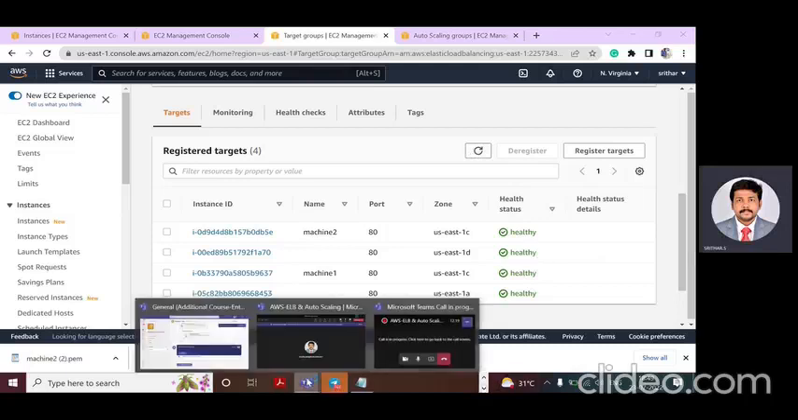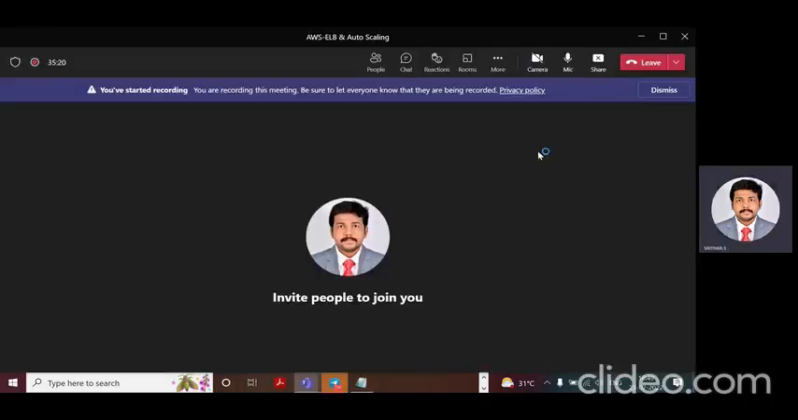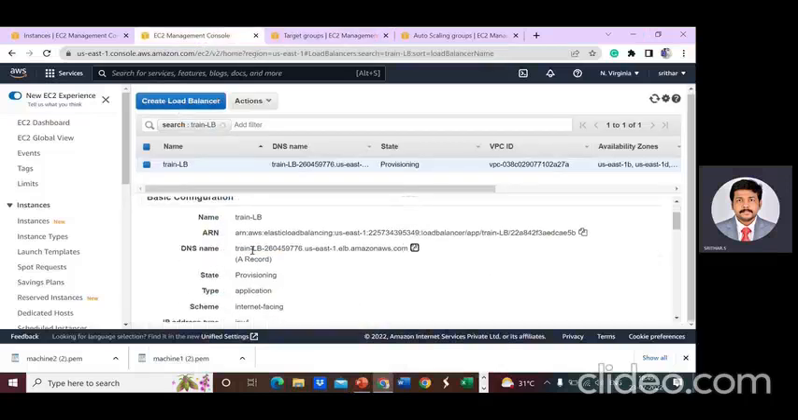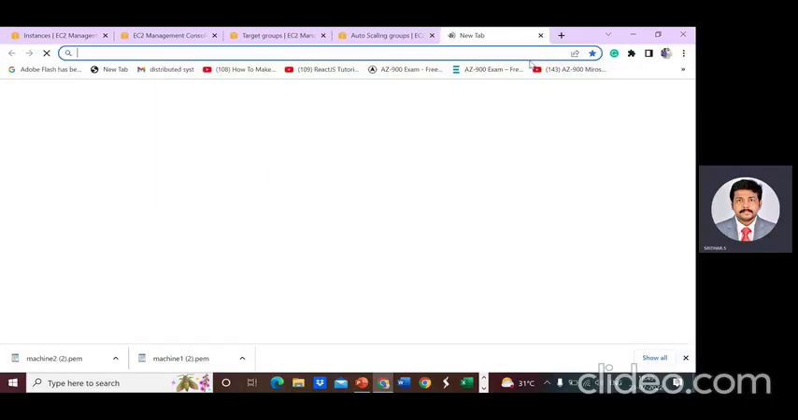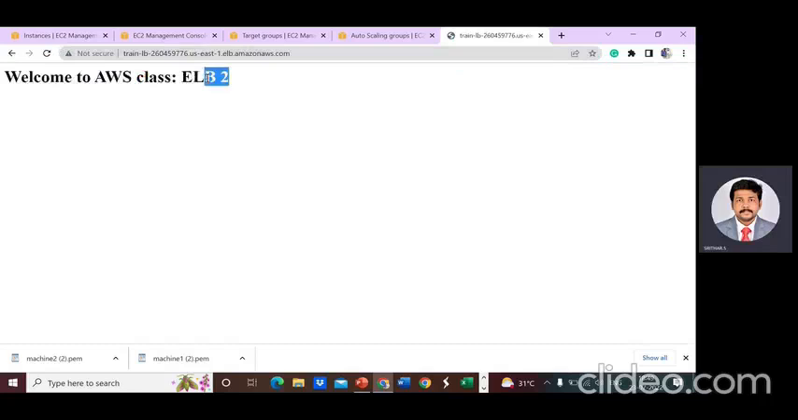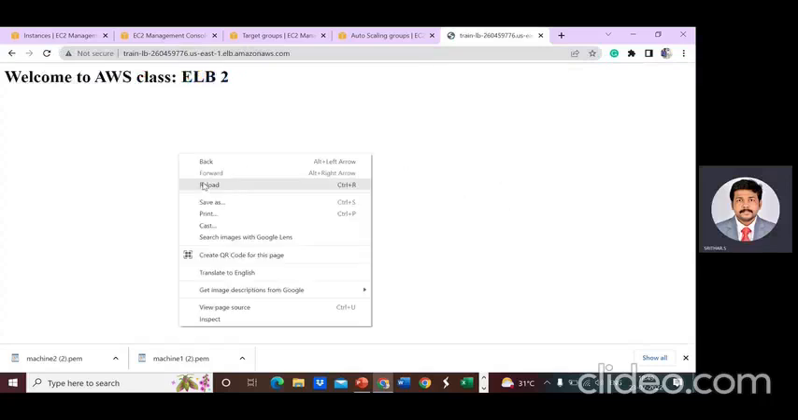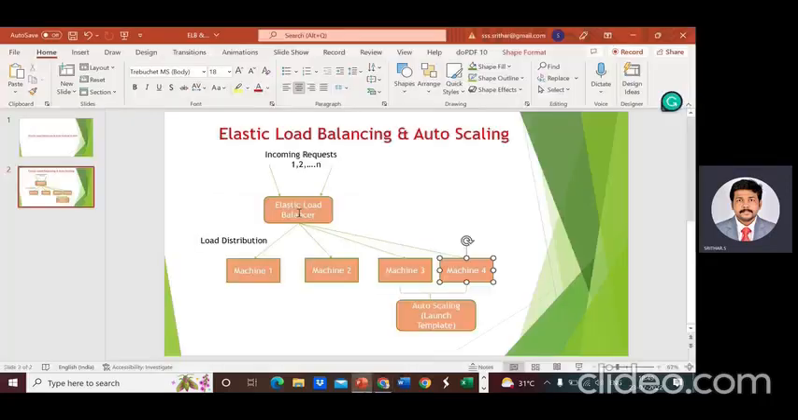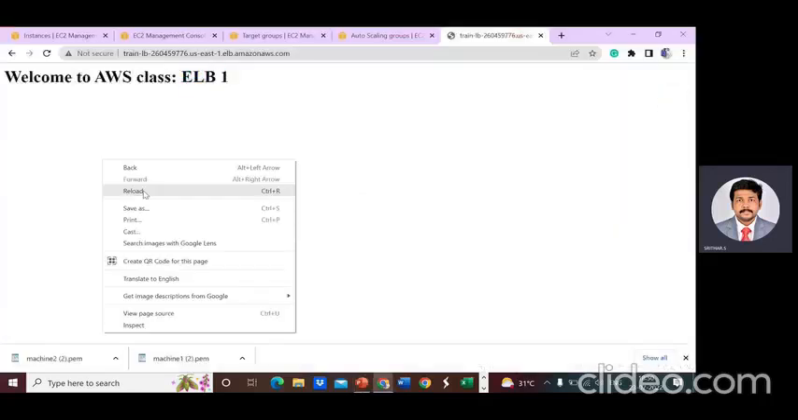I'll check once whether it's recording. Yeah, perfect. It is recording. Now all are healthy. Now, as usual, go to your load balancer. Copy the DNS and paste it in here. Enter. First it will show ELB2. If I reload the page, you will get ELB1. So the first request is passed to machine 2, and the second request is passed to machine 1. Now, if I reload again, you will get